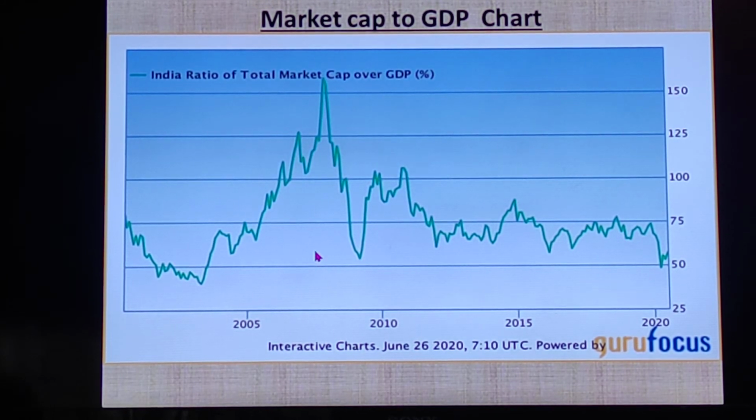How to infer this data and how to use this data to make investment decisions? Generally, a value above 100 is considered overvalued and a value below 50 is considered undervalued, which means most of the time this data will move between 50 and 100. The long-term average value for this data has been 75% for our country, and currently it is around 56 to 65.